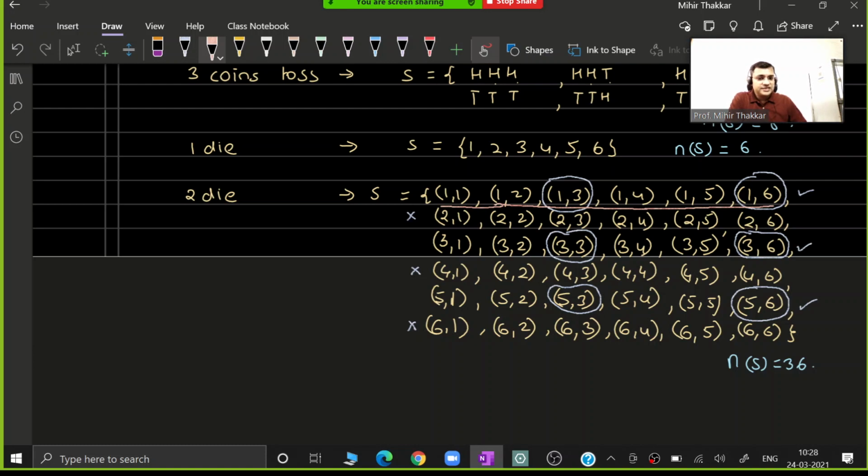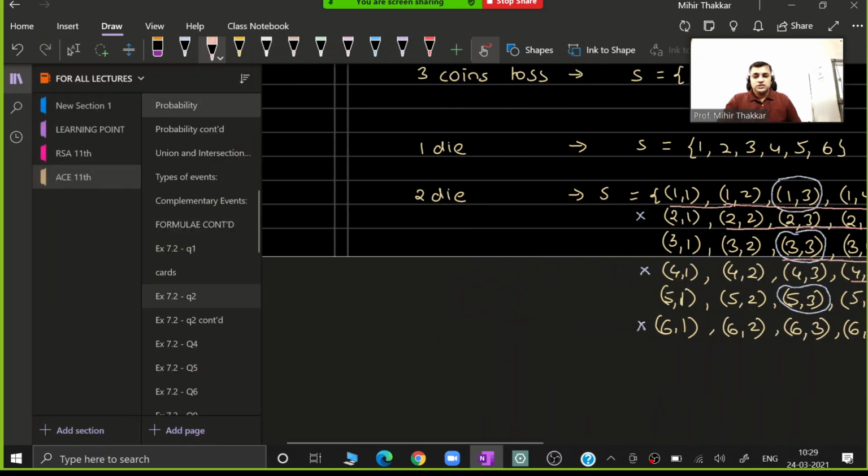In the same way, in the second row it will be all the values from 2 2 up till 2 6, because all the outcomes from 2 2 onward satisfy this condition. In the third row, it will be 3 3, 3 4, 3 5 and 3 6, because 4 is greater than 3, 5 is greater than 3, as well as 6 is greater than 3. Next, it will be 4 4, 4 5 and 4 6, then 5 5 and 5 6, and in the last it will be only 6 comma 6. So all these outcomes that I have underlined will satisfy our event B. Under event B, we have to note down all these outcomes properly without any errors. So let us write it down, guys.